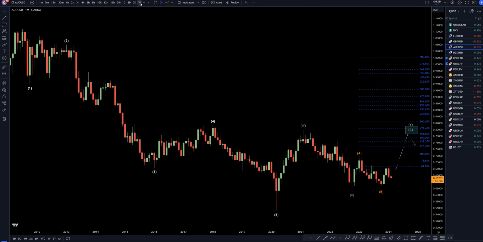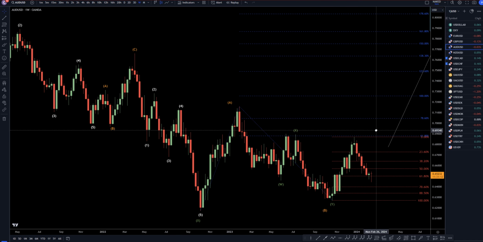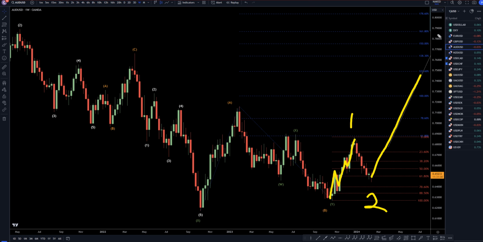So let's head down to the weekly time frame. We've pretty much been going down all week, all year, for the last almost 8 weeks or so now, but I'm still looking at this move up as potentially a wave one, and this move down is potentially a wave two. I think this needs to bounce off a fib level, go up, and eventually make a wave three, a wave four, and a wave five.